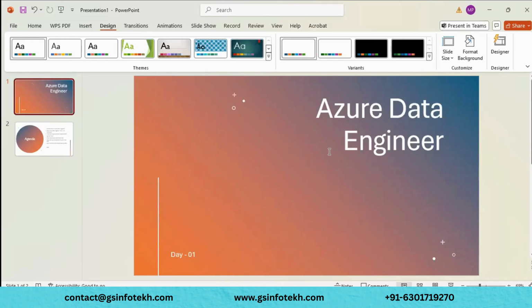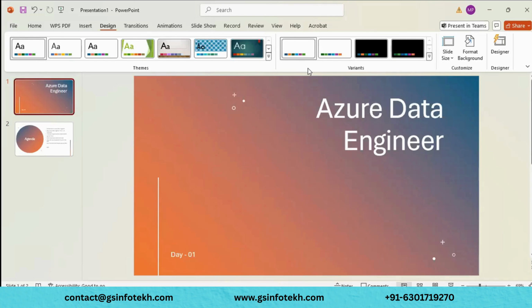And when it comes to this Azure Data Engineer, it is not something replaceable. Why are we saying it is not replaceable? See, here we need customization, in the sense that for each and every industry, the data will be generated in different formats.